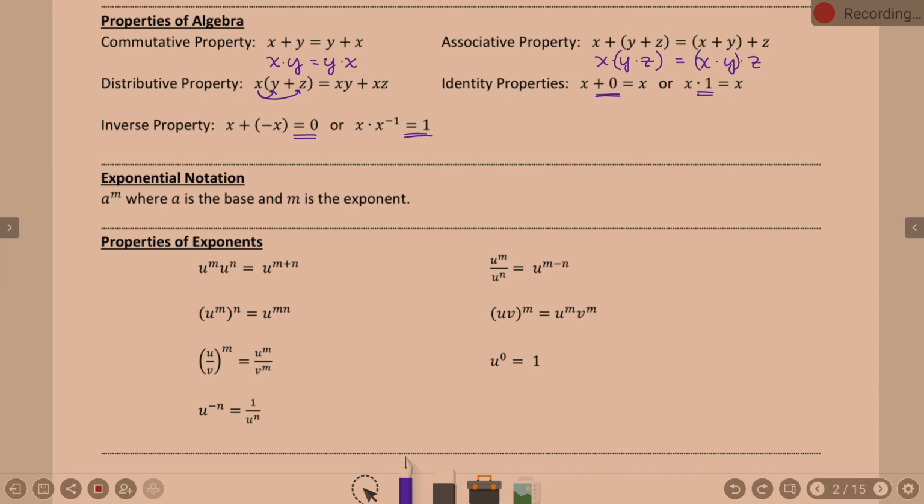2 as a fraction is 2 over 1. 1/2 is 1 over 2. 1 over 2. When right here,